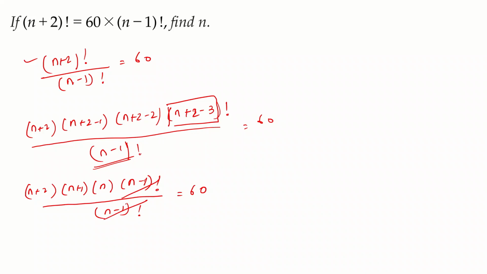Okay, there are two ways in which you can do this. First of all, you can multiply all these things and then you'll be getting a cubic expression. That means you'll be getting something like n cube plus something n square plus something n plus some constant, which might not be there. Okay, but that's not the easy way of doing it.